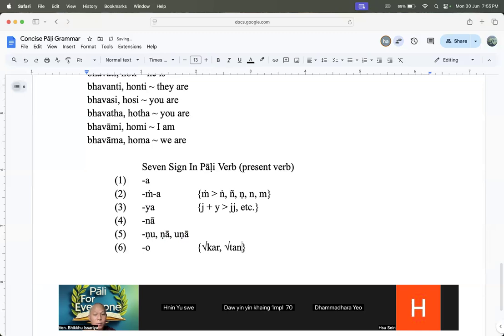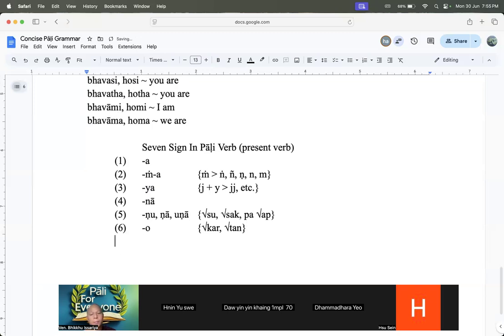For this one also, commonly we have root su, and then root sak, and the other one root up. Only these 3 are common. And then for the last,